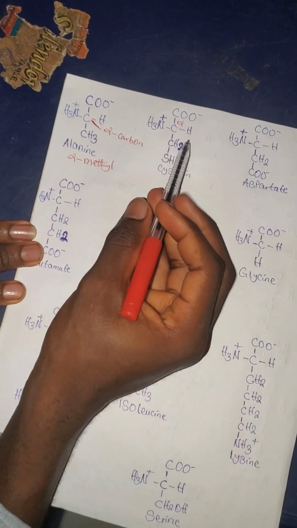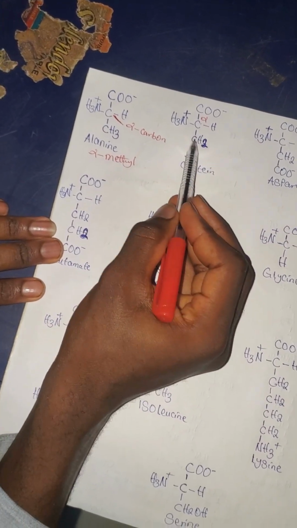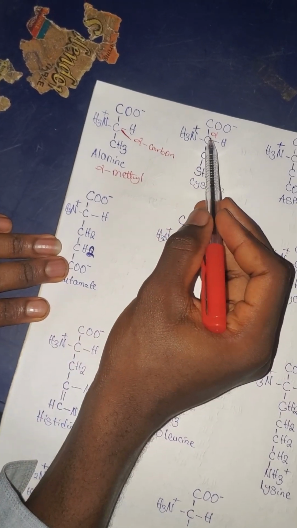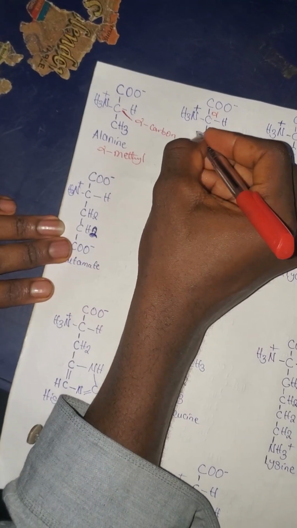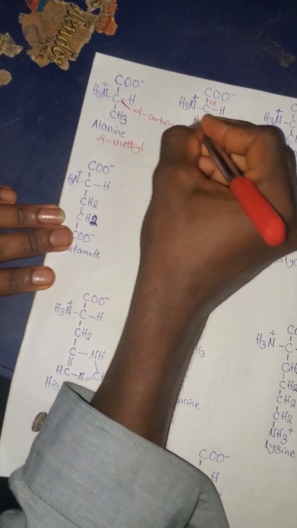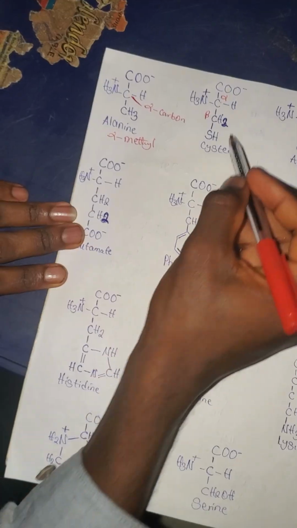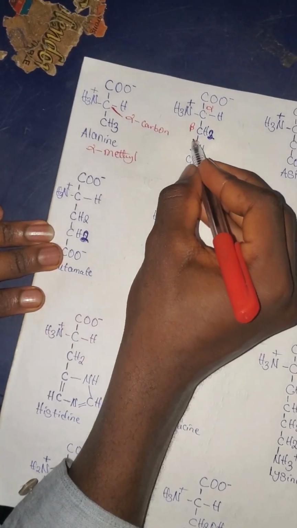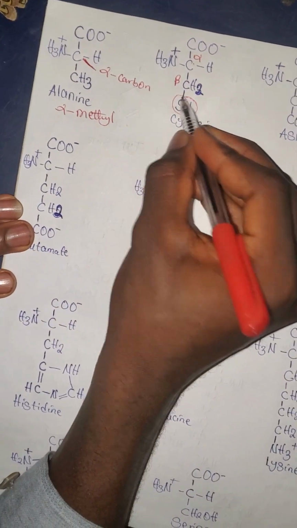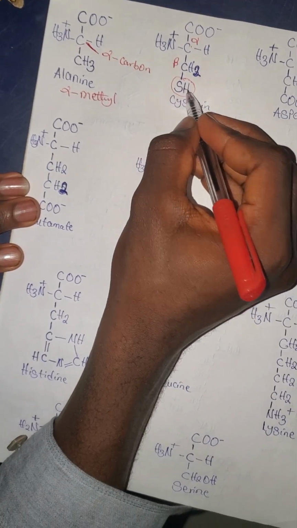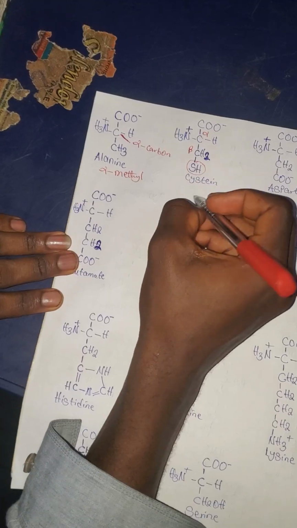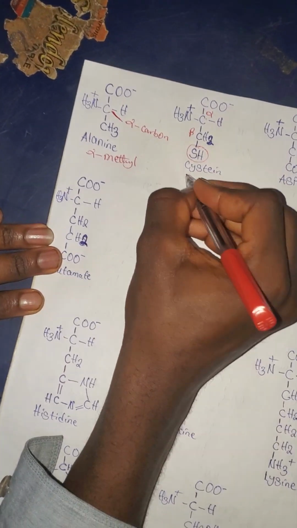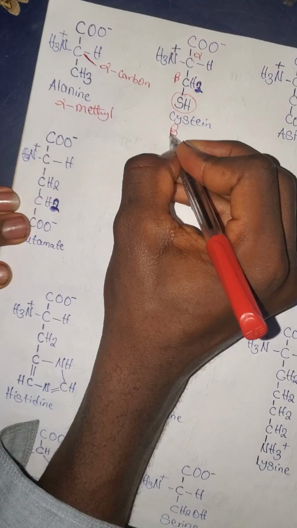Are you getting it? So this becomes the first one, the second one. This first one is called the alpha carbon, and the second one here becomes your beta carbon. On the beta carbon, we have these constituents. Okay, we have this attachment. This is sulfur hydride. So we can abbreviate the whole of this structure to be beta